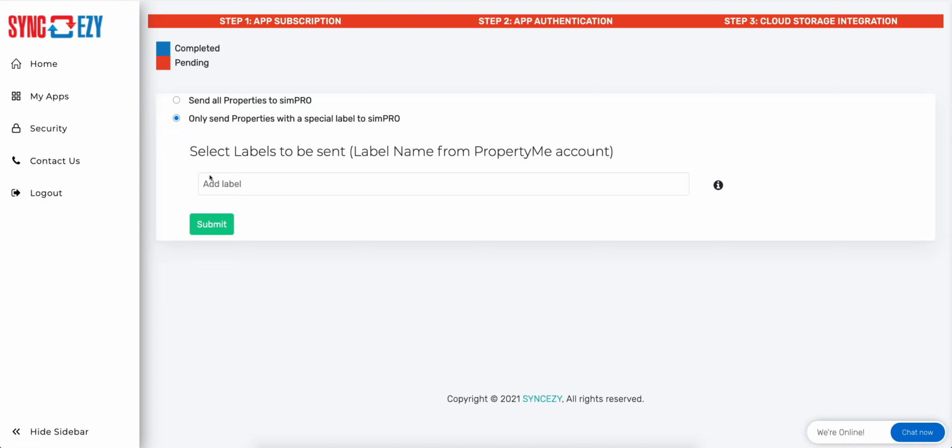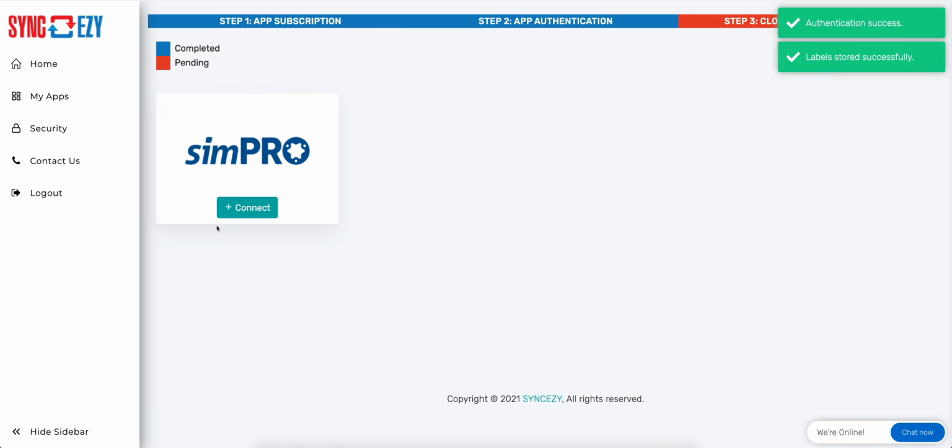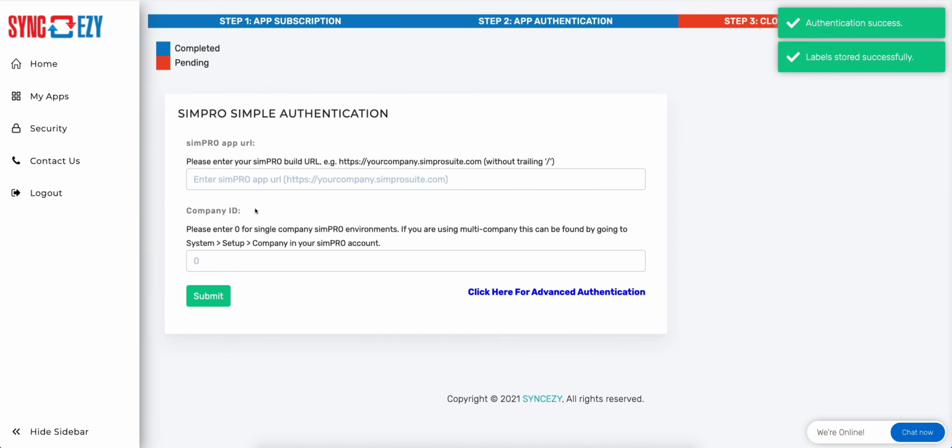Now I can send across all the properties from PropertyMe into simPRO, or I can just have selected properties sent across. So if I wanted to send across fire services, if that was tagged as fire services within PropertyMe, then just those properties would be sent across into simPRO. I click on submit, then I can connect up my simPRO account, and this is where I get my simPRO